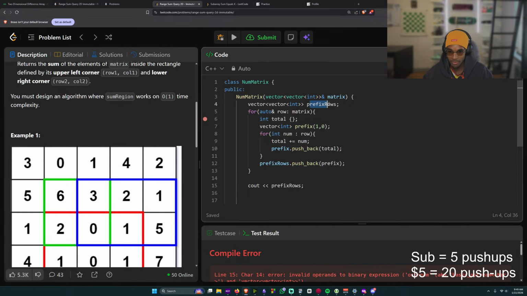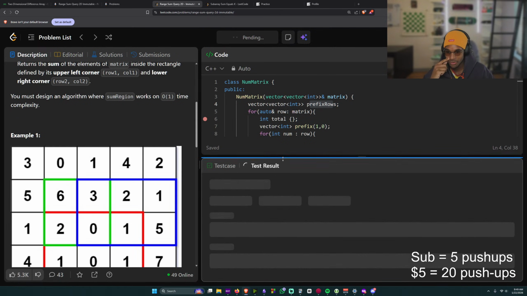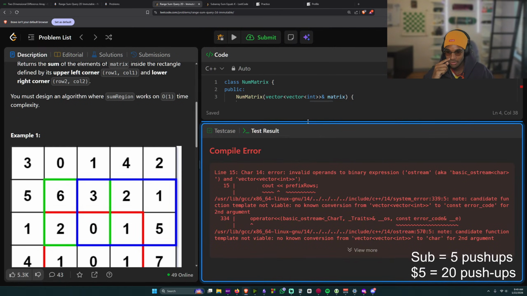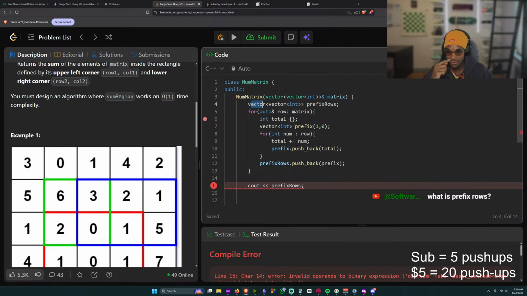Why can't I print my prefix rows? This is so painful. Prefix rows is a vector of vectors with ints, and I appended this vector on it with ints, and now I want to print it.